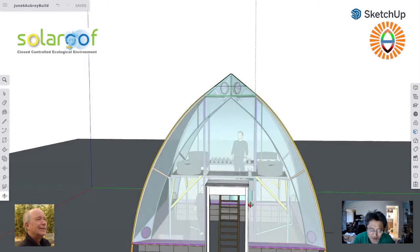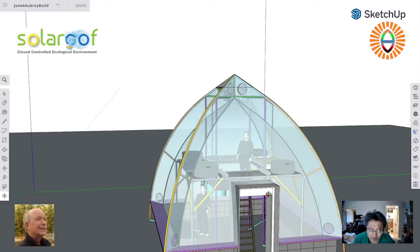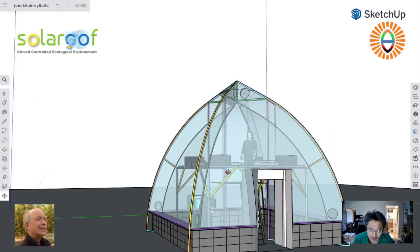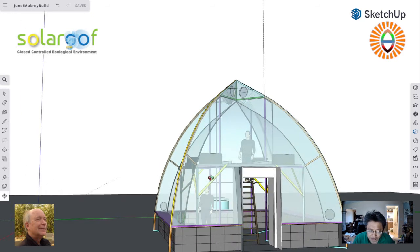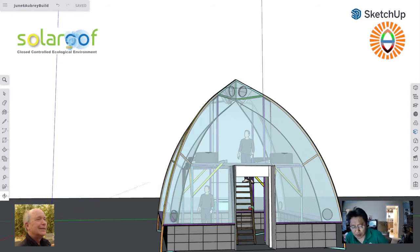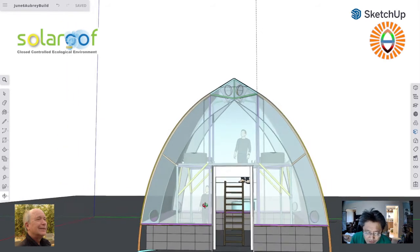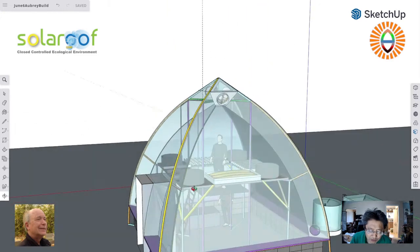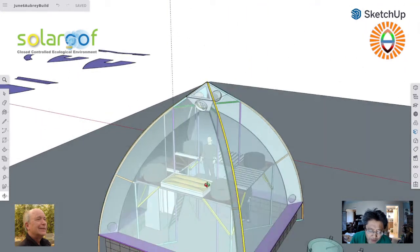So we added this platform, and this platform happened to be similar to Gary's greenhouse covering, right? The only difference is his is 2 feet apart, because he has the swimming pool underneath. But I need more room on the ground floor, so it's about 2 feet. Anyway, that's that. And also, in order for me to get onto the platform, we need to do something